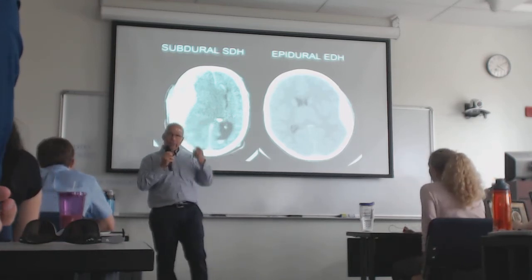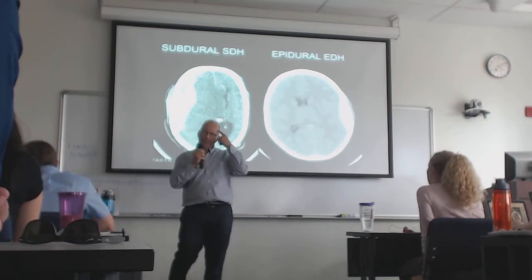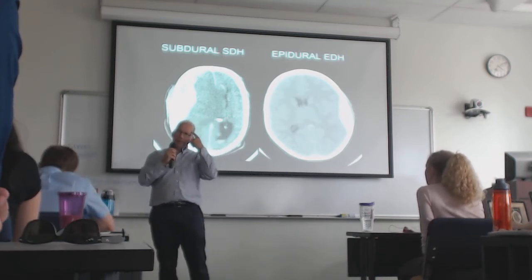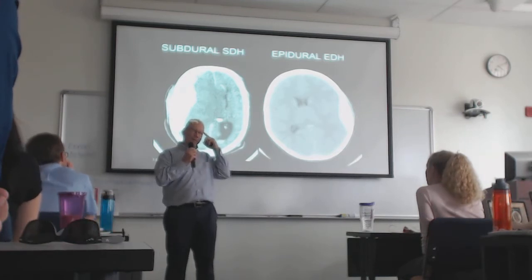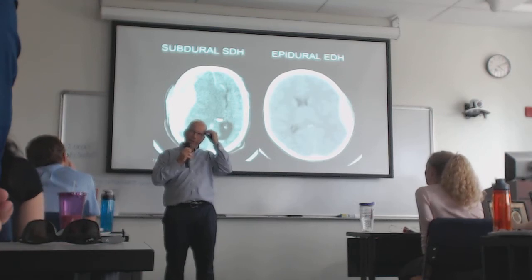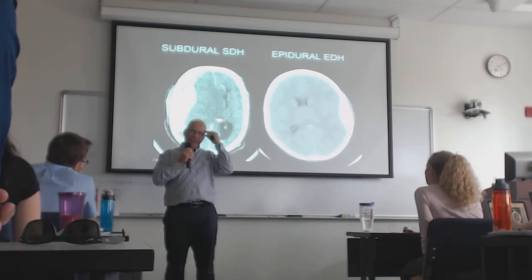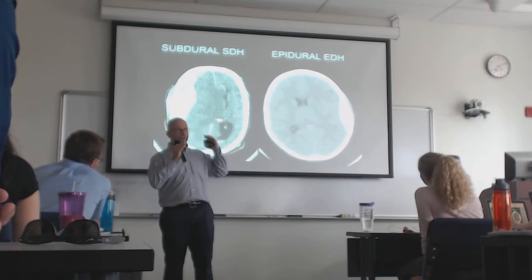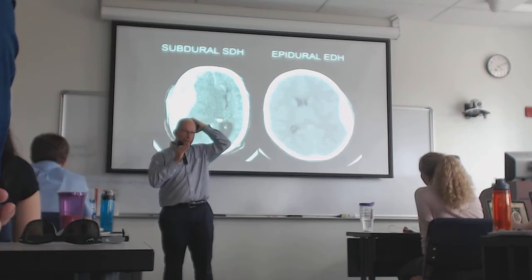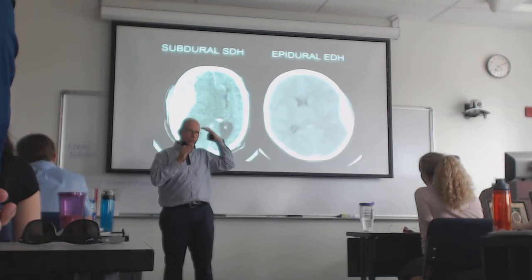And so if you fracture your skull and you ding one of those branches of the middle meningeal artery, but the tough mother is intact, you haven't damaged the tough mother. Now you've got arterial blood pumping between the inner table of the skull and the tough mother. Well, the tough mother also happens to be tethered up into the skull at all the sutures. So you've got this sagittal suture and you've got sutures on either side.